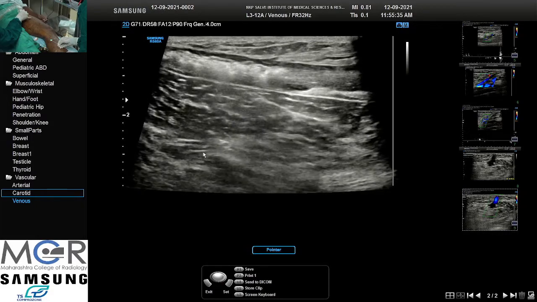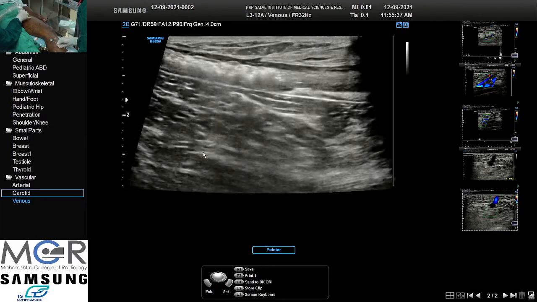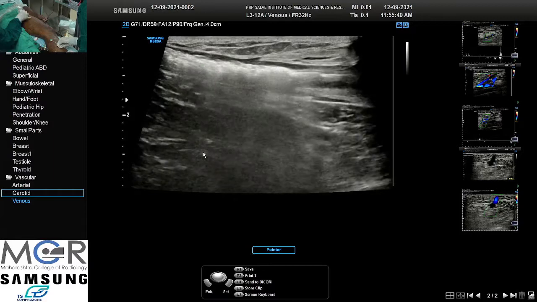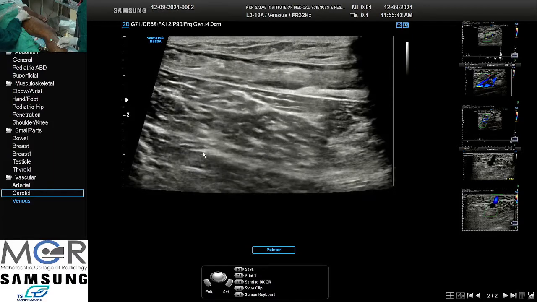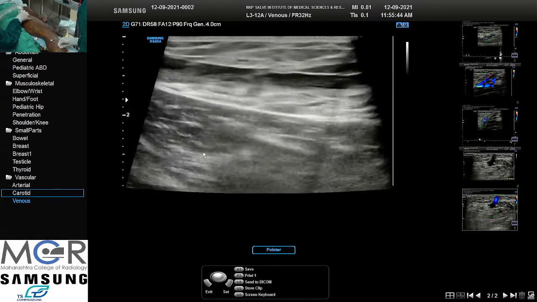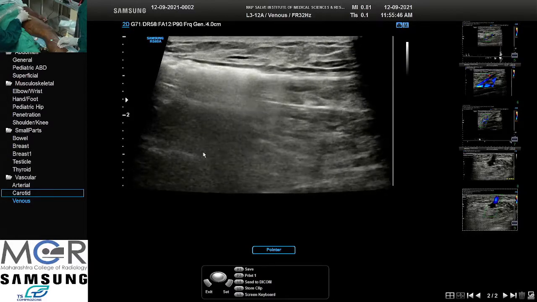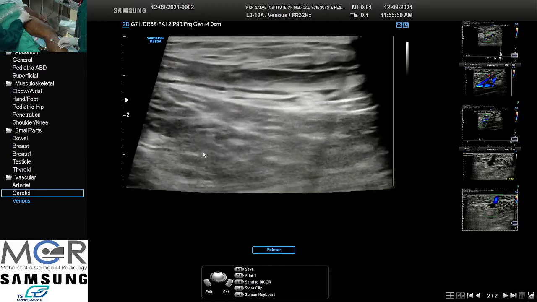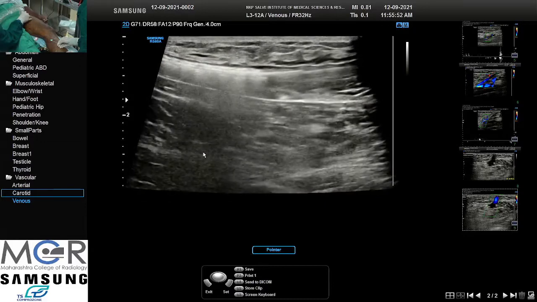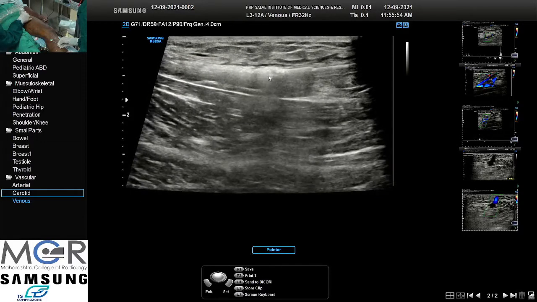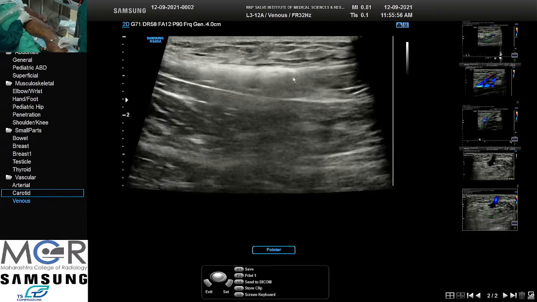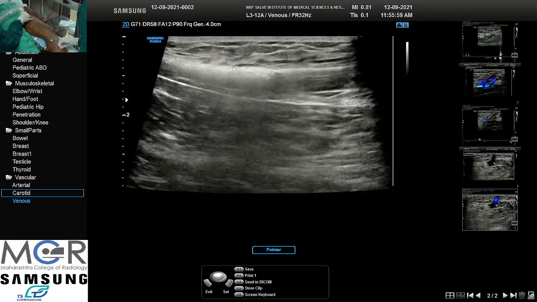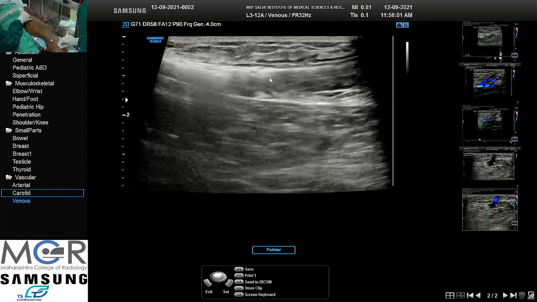So you need to take care of the sheath also, so that it remains in place. So you can see that the vein is getting fired. Now it is seen as echogenic. This is after firing. You can see that there are dense echogenic areas.